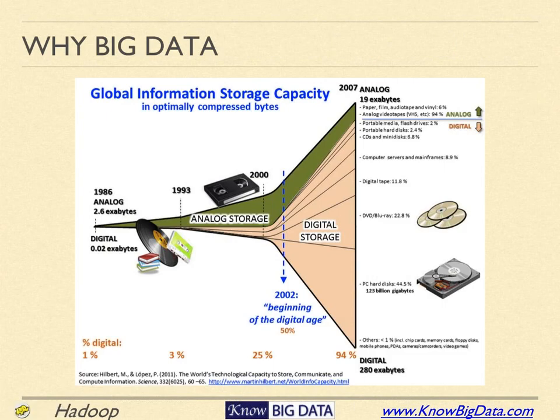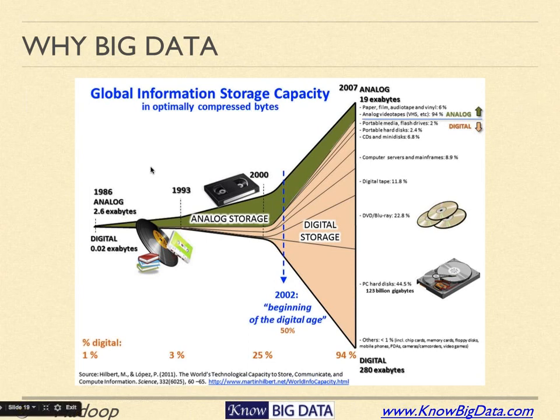All right. Now this is a traditional chart, which is basically evidence that data has started growing exponentially after the year 2002. It's the beginning of the digital age. The digital storage has started expanding. The data being stored in digital storage has increased tremendously, and the analog has been shrinking. Analog is like books and tape drives and that kind of recordings. That is anyway shrinking, while the digital storage has been increasing